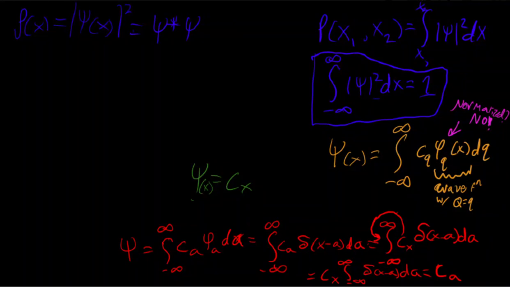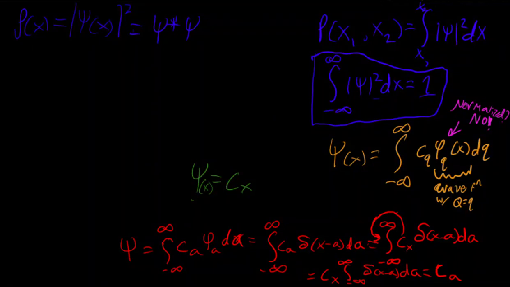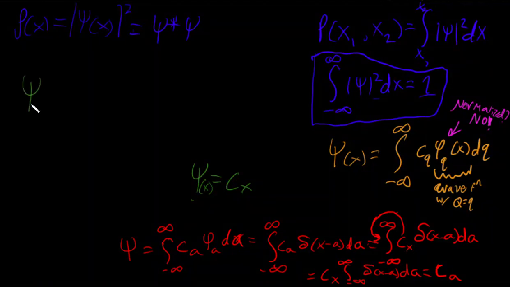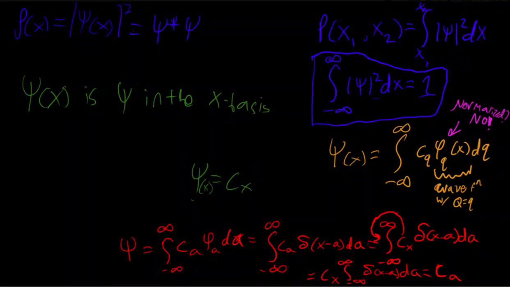We also know, just like in the discrete case, we can write the state vector in different bases. And we'll actually find out later that we'll be able to do that with the wave function. It's not necessarily a function of x. We can write it in different bases. But when we're writing psi of x, it is the wave function in the x basis. And a good way to think about that,